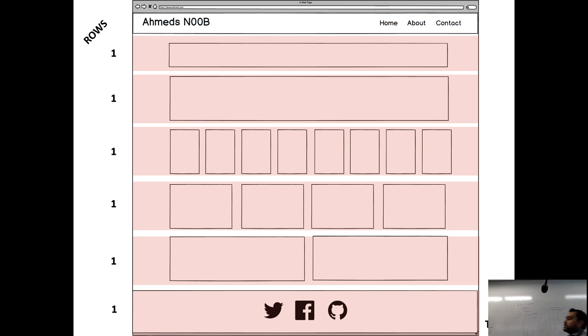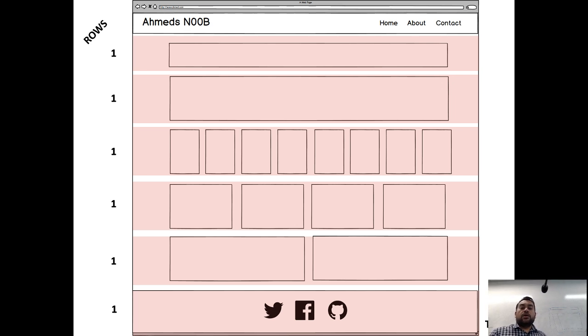Some people skip the footer also. Again, that's a choice. But I'm going to include the footer over here. But that's also a choice. You can totally skip the footer and keep it at the bottom. That will also work. Okay. But the middle part is always important. That's where the grid system comes. Now, everybody clear on the rows? Everybody see there are 6 rows, 7 if you want to include the top bar.